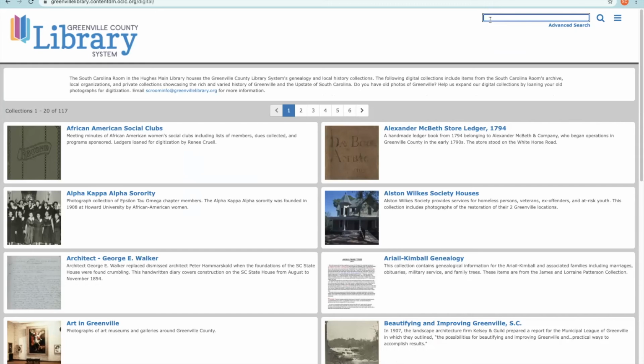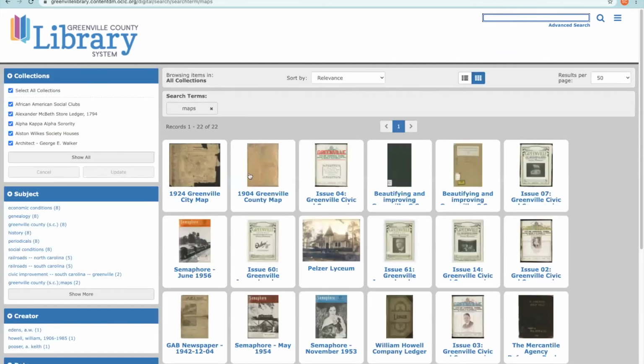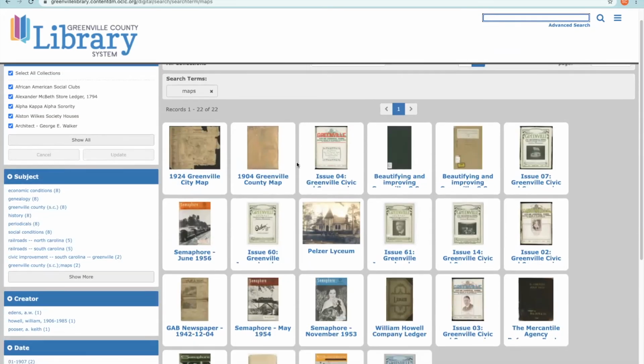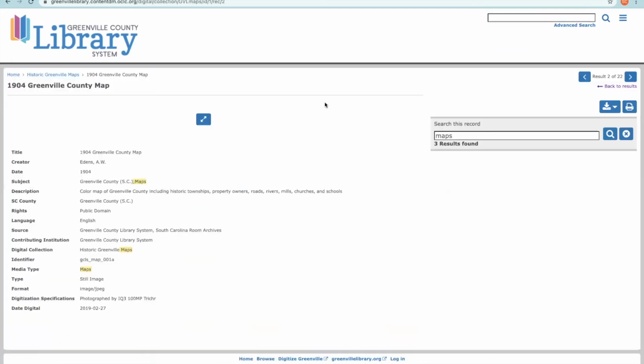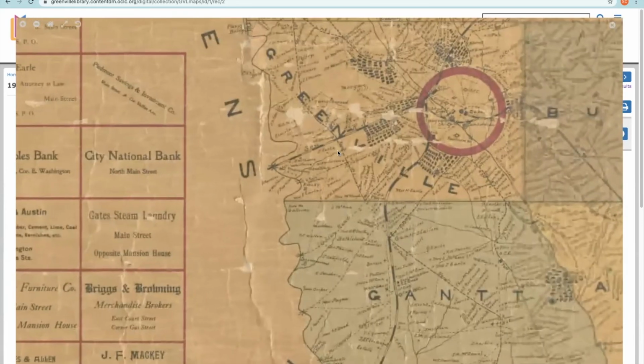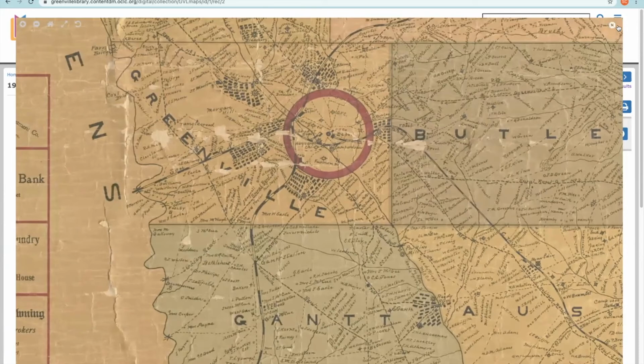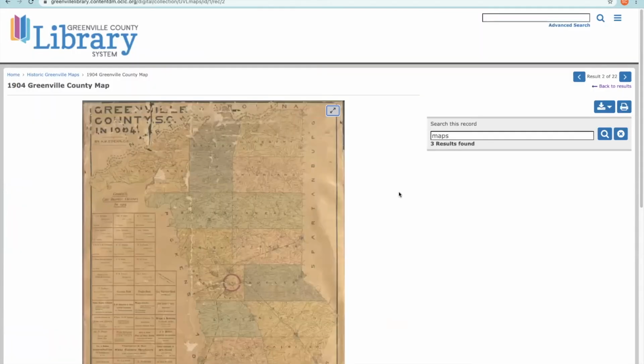This is the library's collection. So we have a lot of maps physically in the collection that you can come up and look at. But we also do have some maps that have been digitized, and we will work on doing more of those. If you just search by maps, we even have some architectural drawings too and things like that. Here's one that we have, a 1904 map of Greenville. It's another type of descriptive map, and you can zoom in and see places and where people were living. So that's in our own collection.